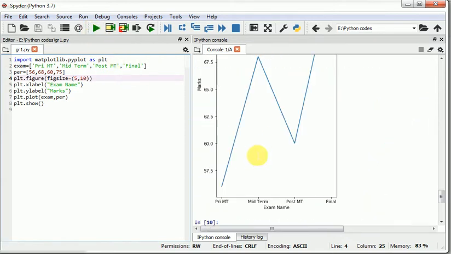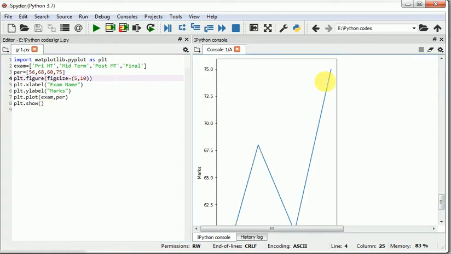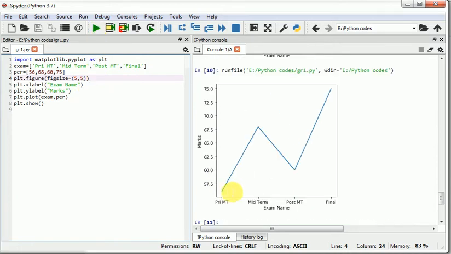Now run this, so the height has increased. That's the use of this figure method. I am setting 5 here, so this is our output.